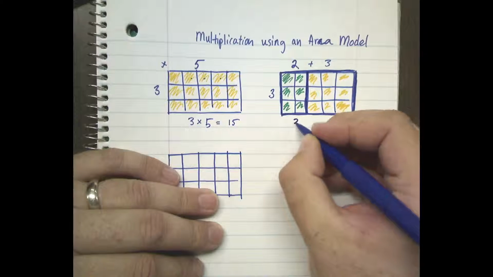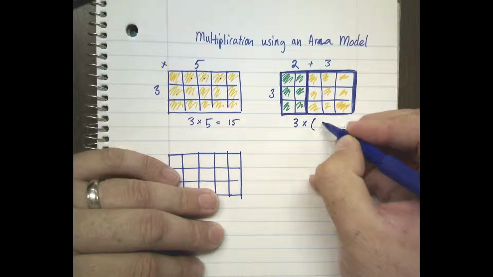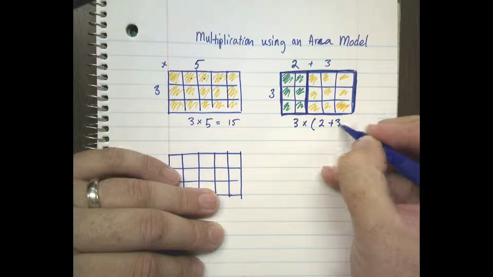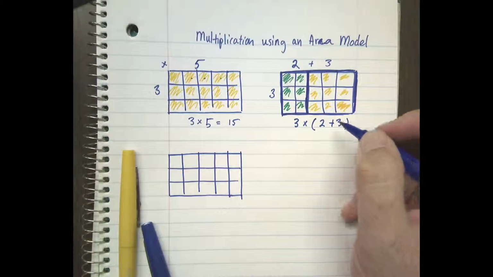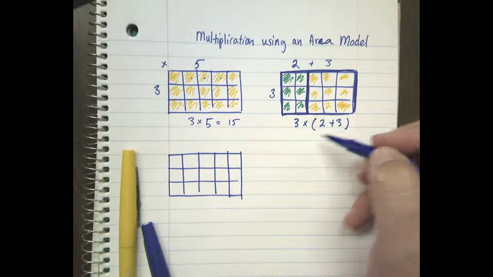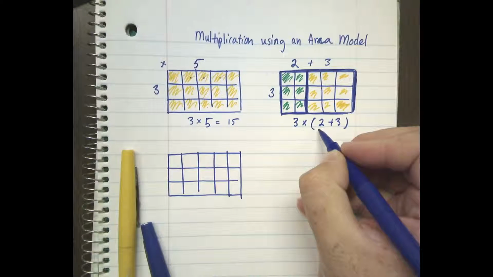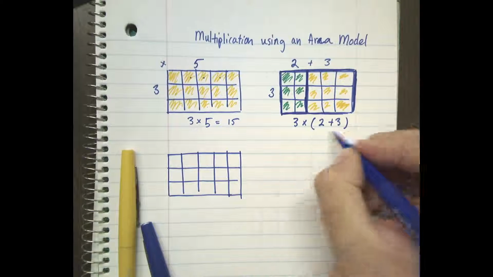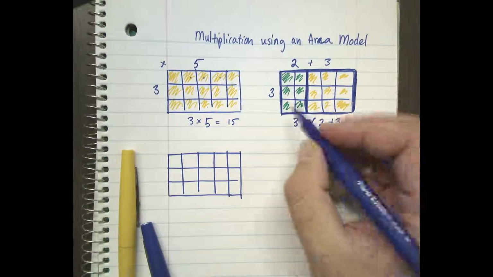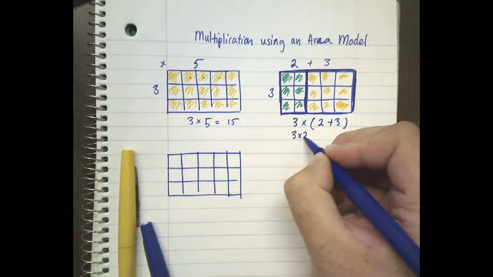So it's 3 times my 2 plus 3. So 2 plus 3. Okay, so that looks a little different, but I can use the distributive property to help me solve this. So 3 times 2, so I can separate it, and then 3 times 3, right? So I can say, well, 3 times 2